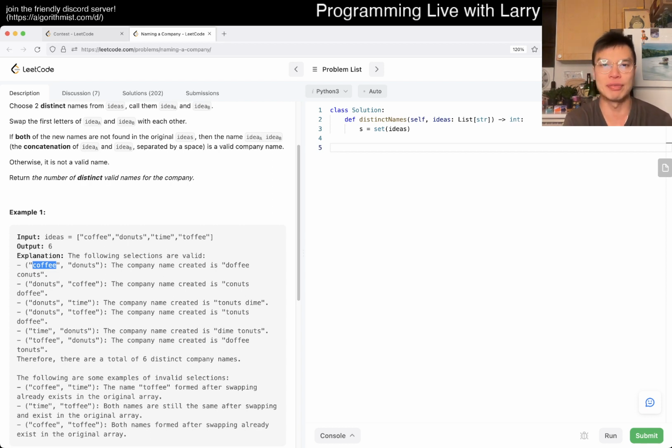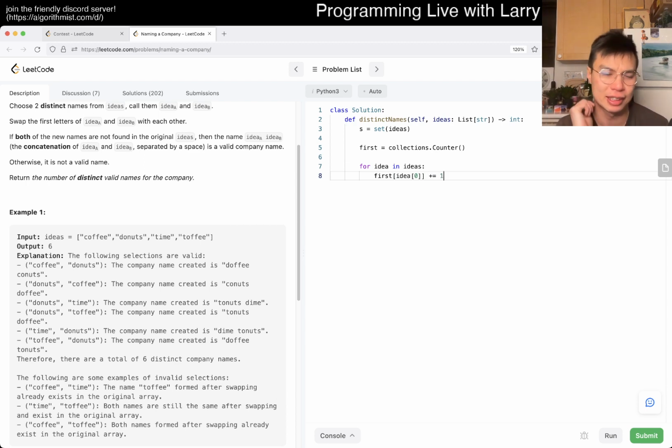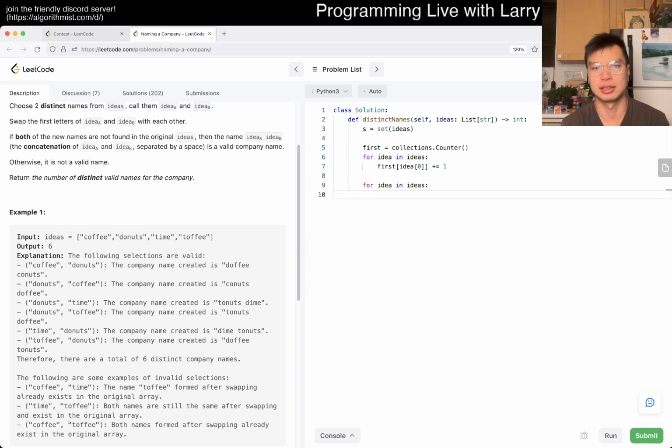First of all, we do a count of words and the first characters. So maybe we have something like first character equals collections.Counter, and then maybe for idea in ideas, we have first of idea 0. Maybe I'm not sold on this, but it's just to get a count. But then after that, we can say for each word,